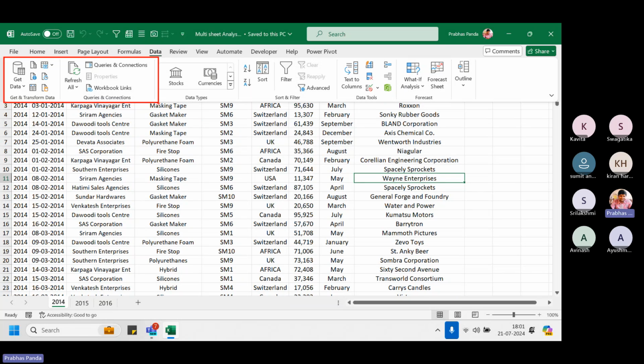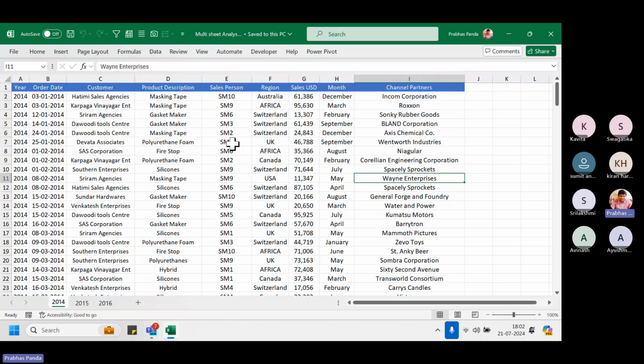So now the question is how to use this Power Query for data consolidation. If you want to use Power Query, there are two rules you always need to follow. One, the data we have here must contain column headers, and those column headers should be in sequence, in the chronological order, across all the sheets. So the formatting should be a standard format. The column headers should be in standard format across all those 12 month sheets if you have 12